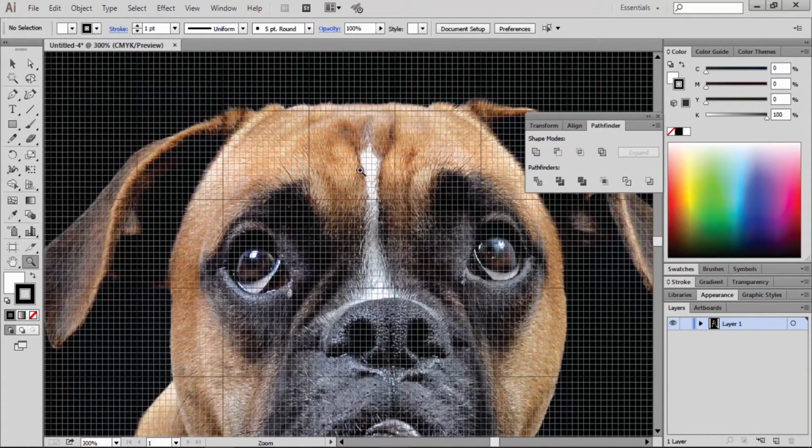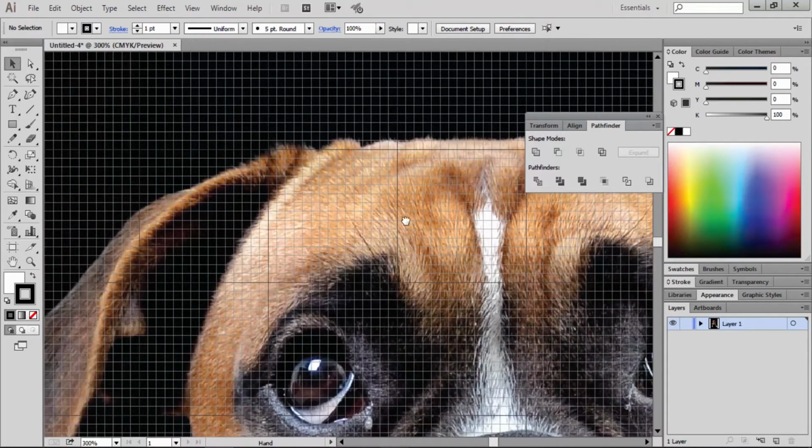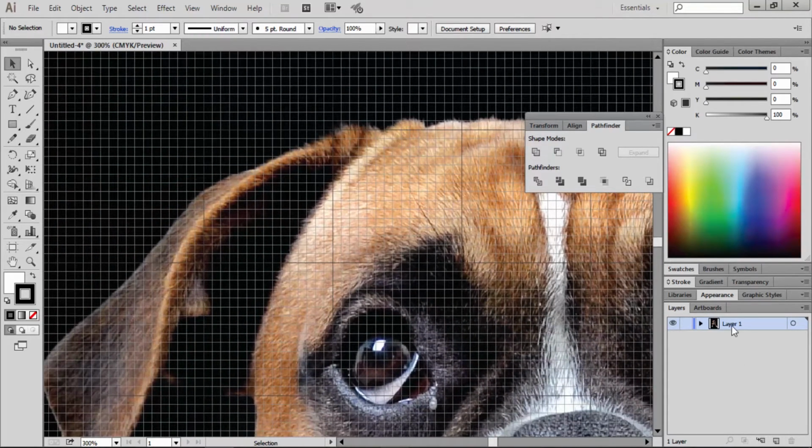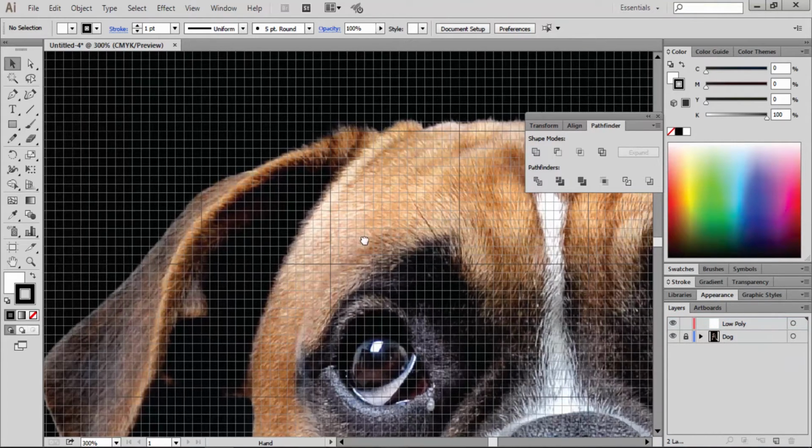And now let's go to the Layers tab and we're going to rename this layer as Dog. And we're going to create a new layer and call it Low Poly because this is where we're going to create all the low poly effect. So let's lock this dog layer so we don't move it by accident.